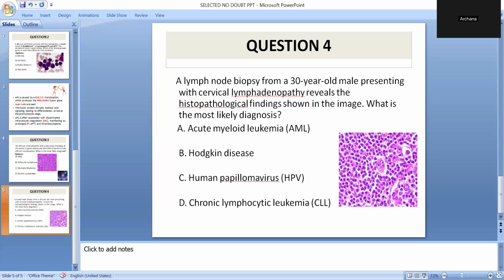And when there is an RS cell, the type of lymphoma that we are dealing with is Hodgkin's disease. Important point to note, the two broad categories of lymphomas are Hodgkin's lymphomas and non-Hodgkin's lymphomas. Hodgkin lymphomas can be further subcategorized into lymphocyte depleted, lymphocyte rich, nodular sclerosis, and the entire other category of NHLs are the other lymphomas. So the right answer in this question is undoubtedly Hodgkin's disease. Hodgkin's disease and RS cells are the two important key messages that we need to take.